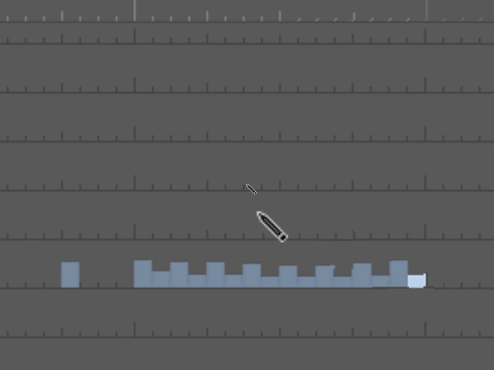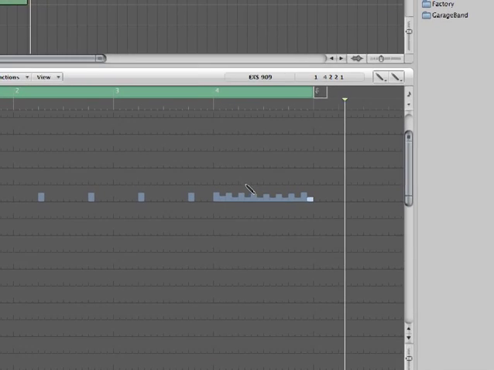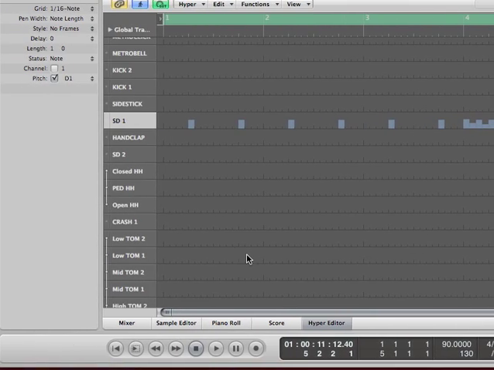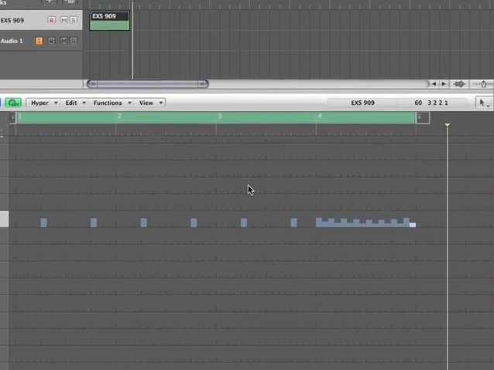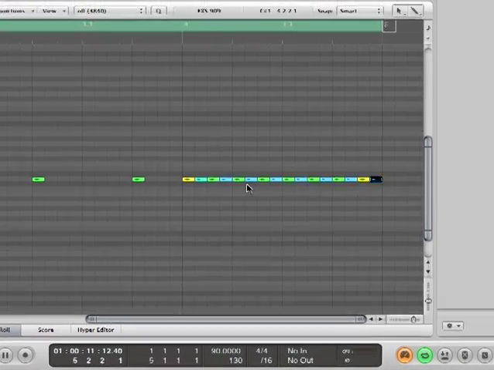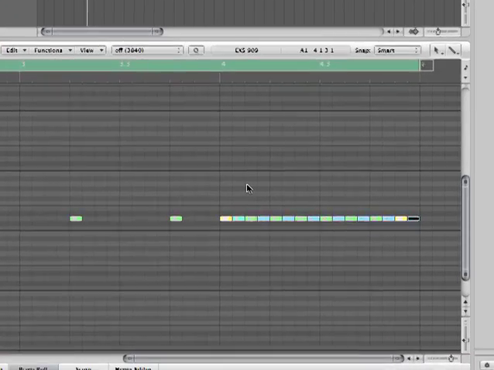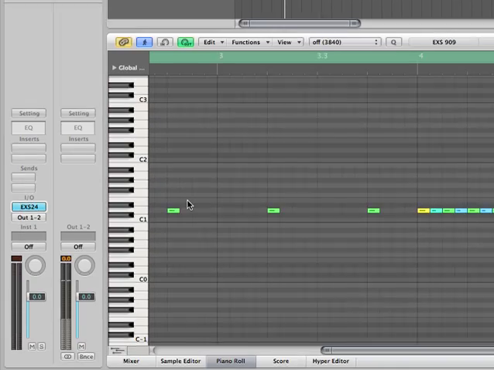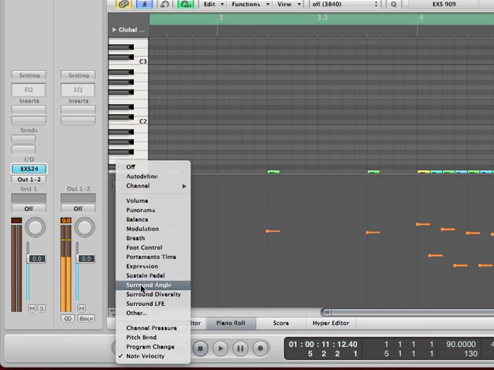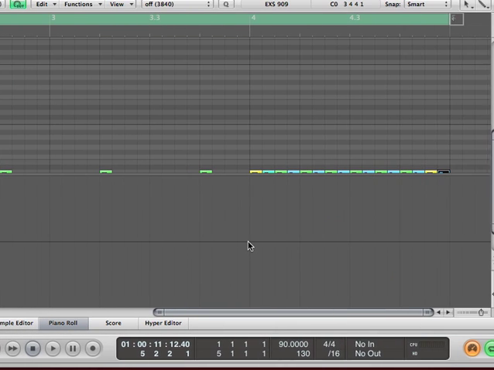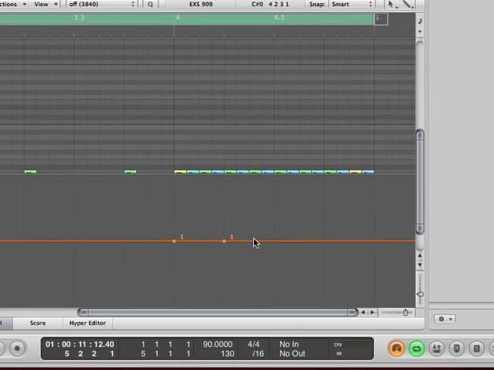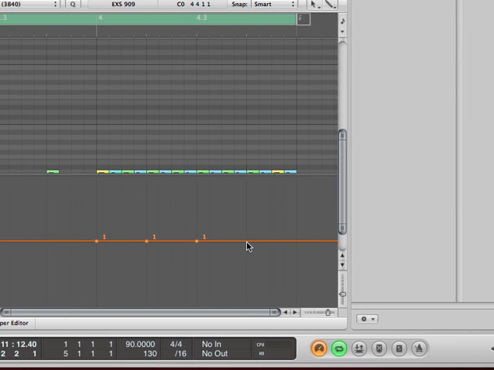And then, as far as pitching it would go, let me think, probably the piano roll. And I would actually use a pitch bend on it. So you go down here and we select pitch bend, and then I would just, if you wanted to do it kind of in steps,